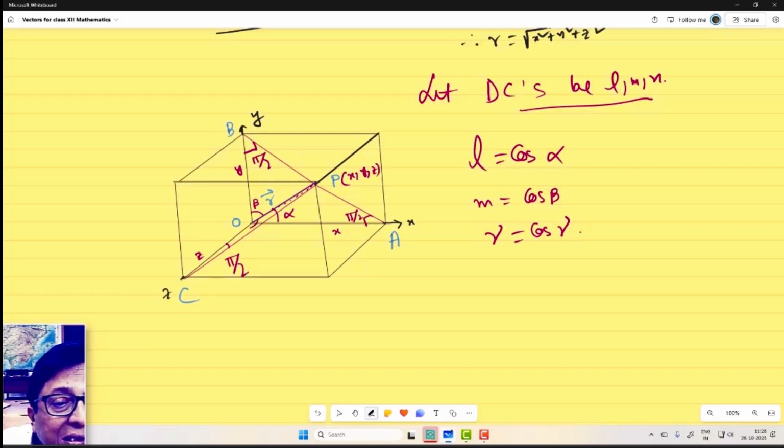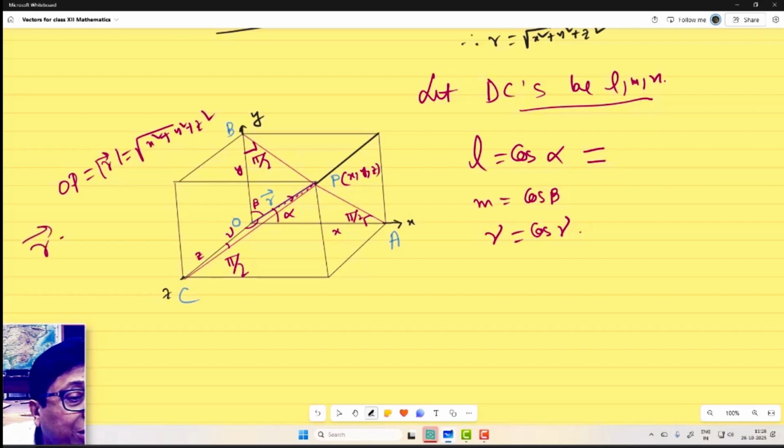This angle is gamma. I drew it wrong. This is gamma, the angle made by the vector OP with the z axis. The diagram is obvious, that is gamma. So what is cos alpha here in this triangle OAP? Cos alpha is the base over the hypotenuse. OP equal to mod r, length is root over x square plus y square plus z square, and vector we have already written r equal to OP